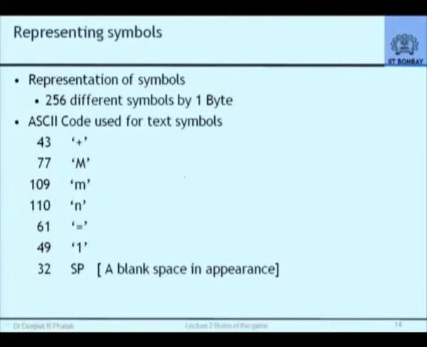What ASCII code does is it writes values from 0, 1, 2, 3, 4, 5, 6, 7, 8 up to 255. And for each value it says, this is the symbol represented. So actually, those of you who have worked with computers will realize, when you type on the keyboard and you see a letter T, let's say, what goes inside will be the equivalent bits representing the value of that symbol T.